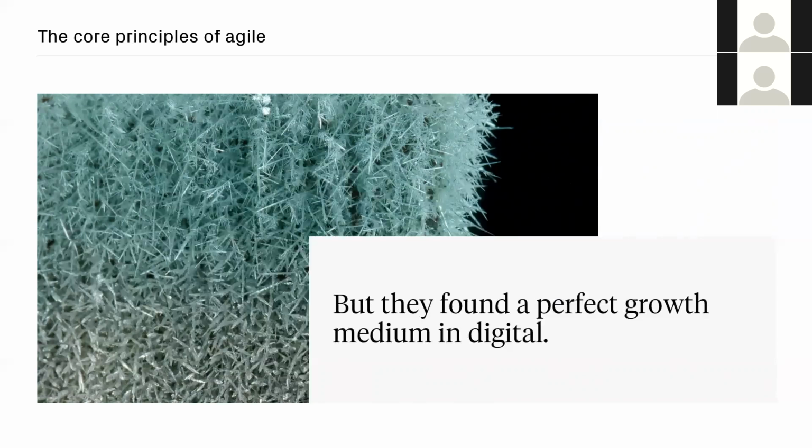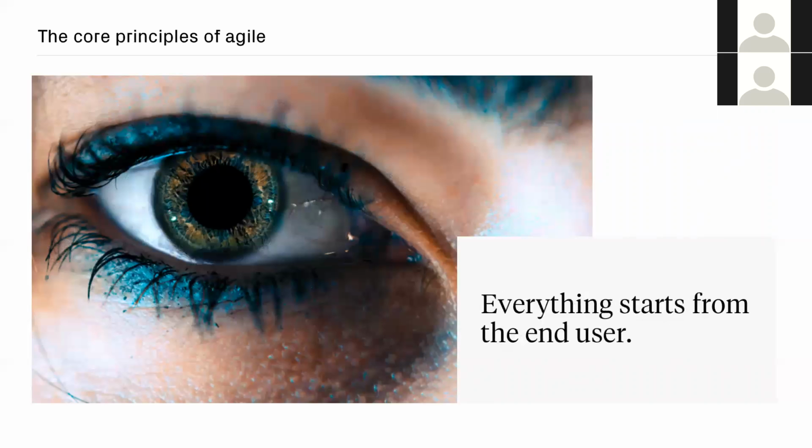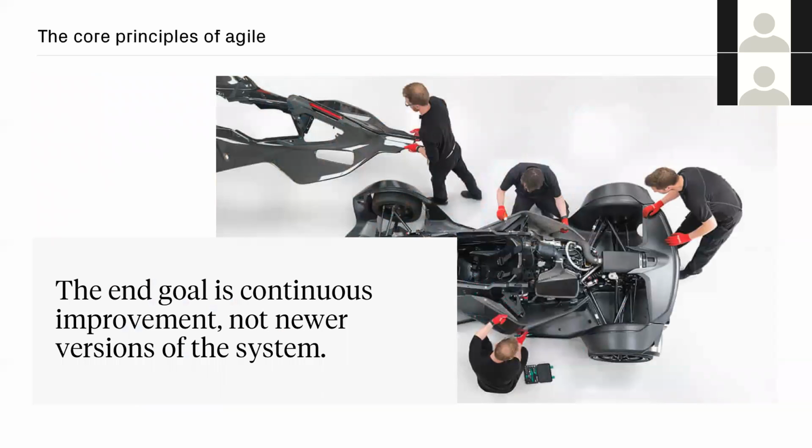The first of these is that everything starts from the end user. This doesn't mean business needs are not considered, but in a true Agile environment, a team won't ship a feature if it doesn't create value for users in some way, and this has been tested. And the second characteristic is that the end goal is continuous improvement, not just a newer version of the system. So big changes need to happen because of a reason, and teams are always figuring out how to deliver value